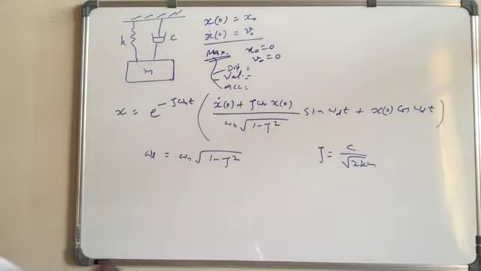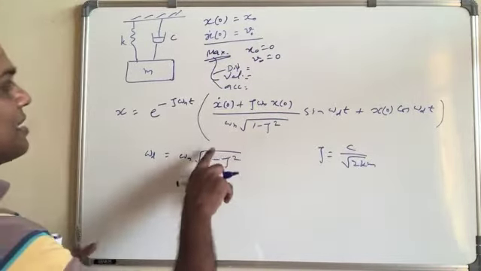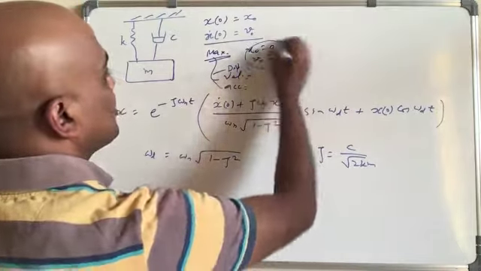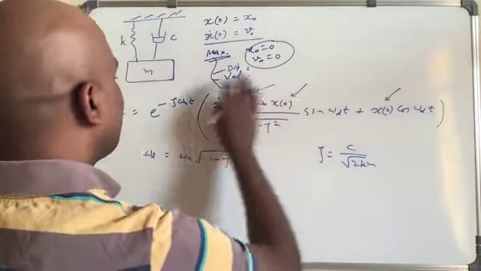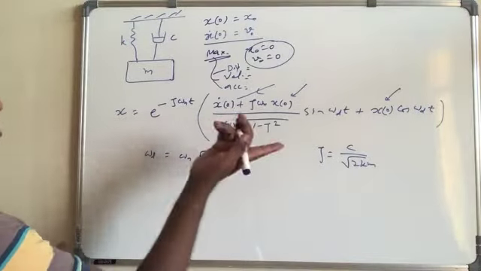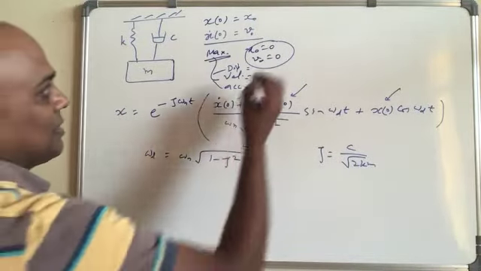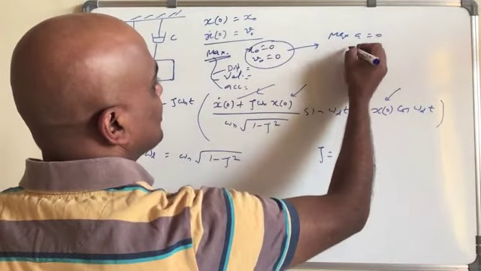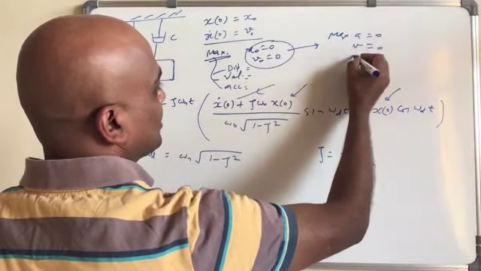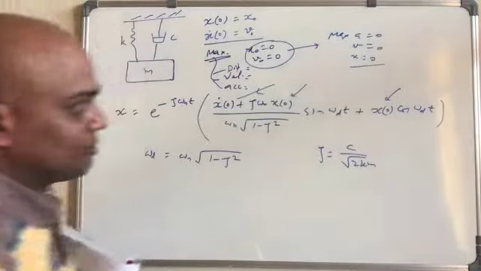Okay, so even in this equation, if these two things are 0, you put 0 here, 0 here, 0 here, so automatically what you get? You get x equal to 0 simply, yeah. So if this equals 0, then maximum acceleration equals 0, maximum velocity equals 0, maximum displacement equals 0, automatically.